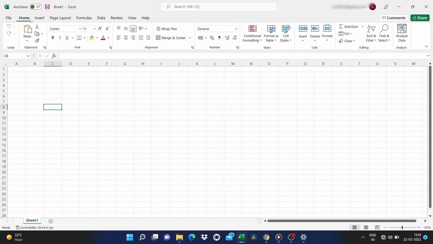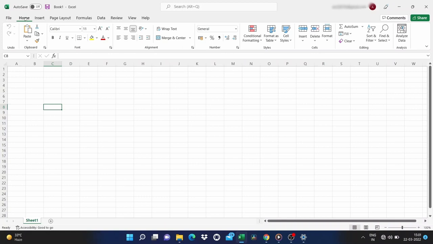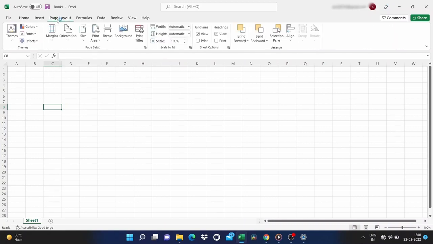First things first, as you can see across the top we have some tabs. We have the Home tab, the Insert tab, Page Layout, and more. As you can see, each of these tabs are pretty important, and when you click on a particular tab it opens up our ribbon. This is the ribbon for the Home tab. If I click the Page Layout tab, I get the Page Layout ribbon.